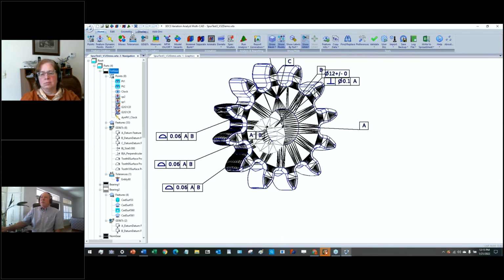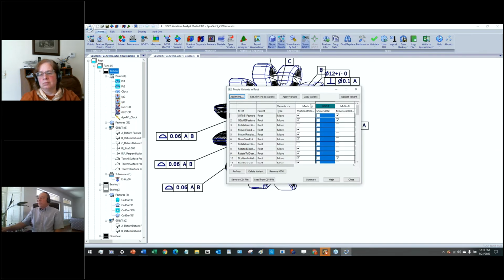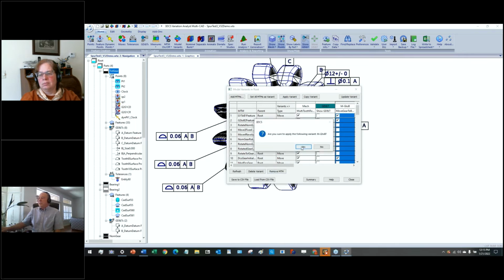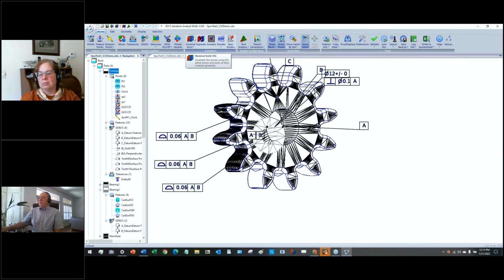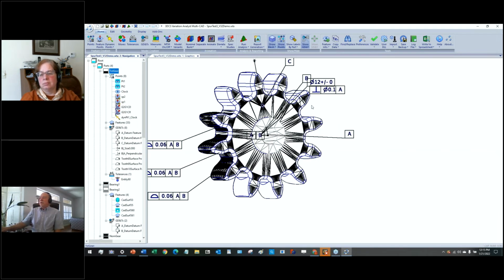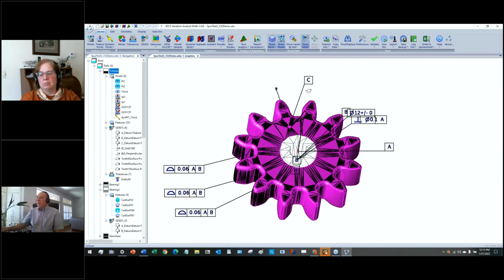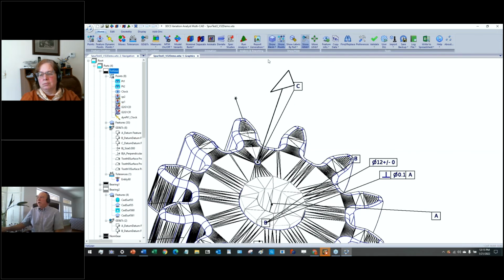And also, this is displaying the different variants. So this is the move to B. So now if I hit nominal build, they should move together. You see they're aligned together. And now when we simulate the deviation,